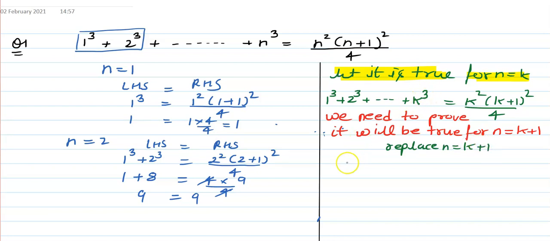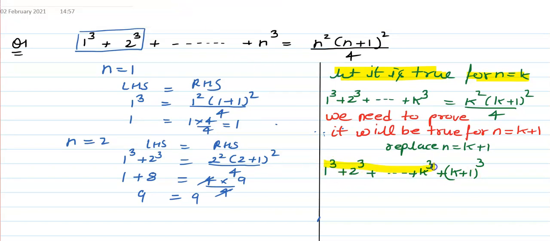So if you put k plus 1 here, it will be 1 cube plus 2 cube plus dot dot dot k terms, then one term extra. So it will be k cube, and then the next term will be (k plus 1) cube. Guys, did you understand this step? Yeah. This was our question.